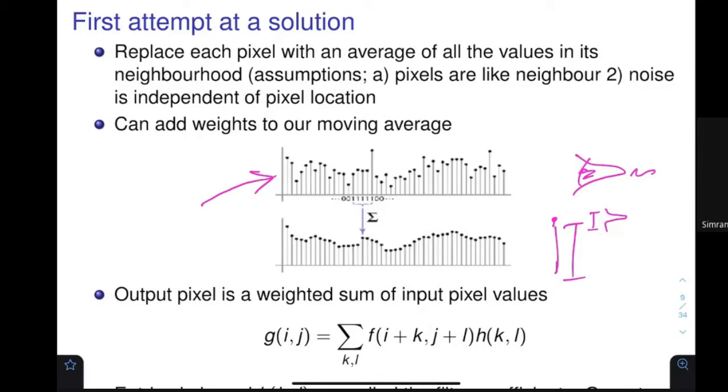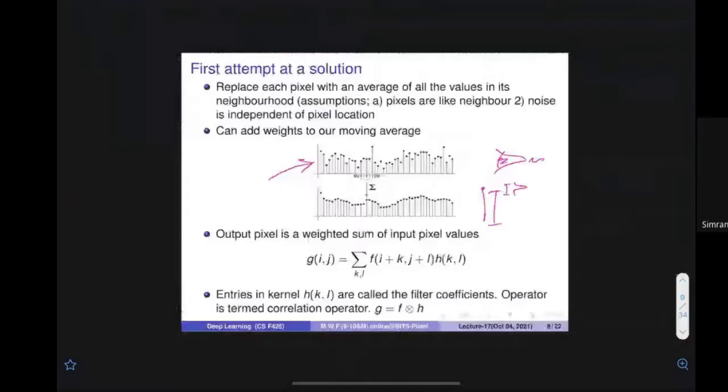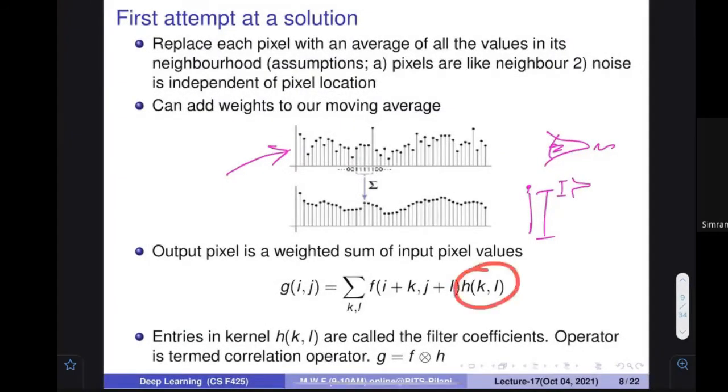However, sometimes you think that the very near observations should be given more weight, so this particular observation may be given a higher value as compared to other values. So you can apply a weighting factor, which I can call an h function. All the values with respect to this, I am going to multiply with h. H means this weight matrix. And then the new value that you are going to get, you can represent by this. This is a very important function. Many times we are going to see it in this course from now onwards.